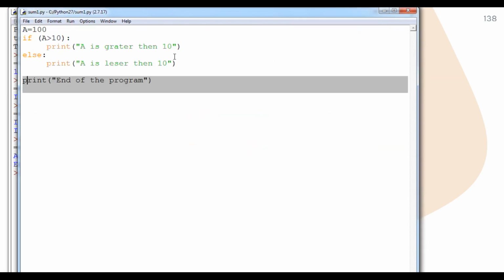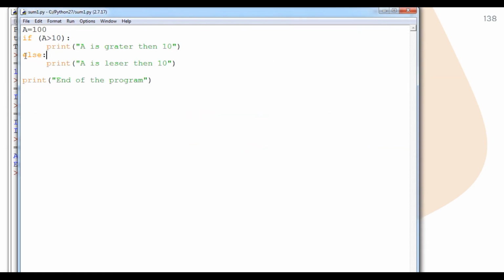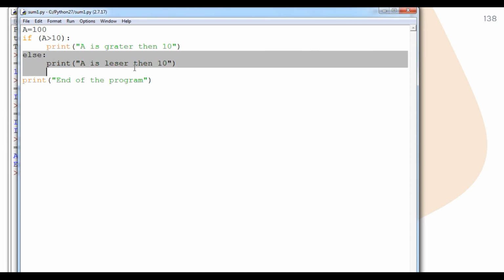So student, we are talking about the else part. The else part is actually a complementary part along with if. We can add else with if only. We cannot add an else part without using if.